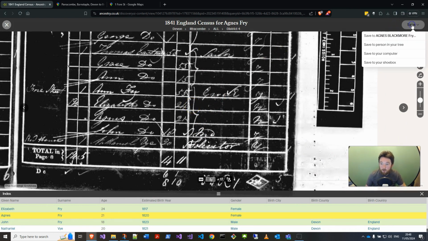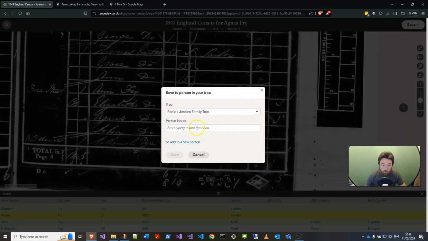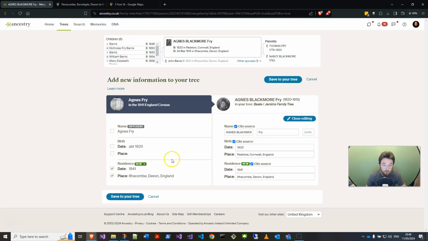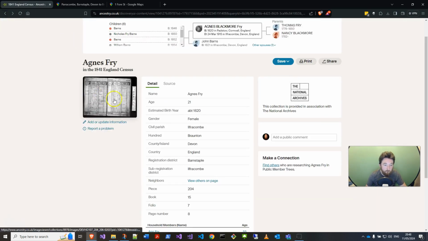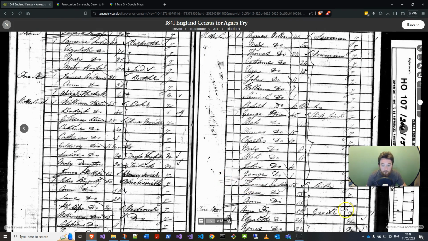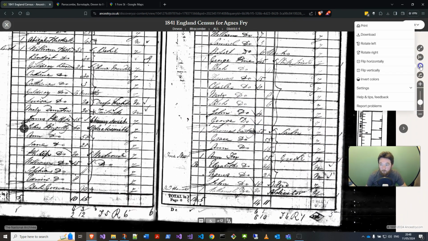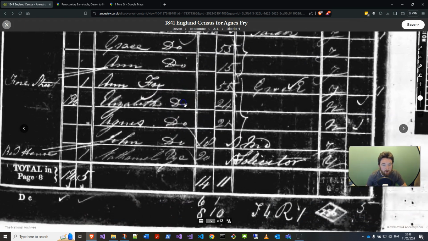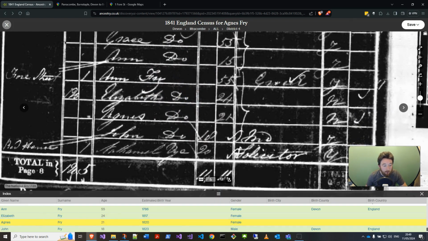Now, as always, let's make sure we save this to a person in my tree. And when I do that, Agnes Blackmore Fry, it should then bring in all the other people as well to add their information. Ah, interestingly, it hasn't. Okay, so let me go back. Instead, I'll do it this way. Let's go in. Right, we've reverted now. I'm going to invert the colours. Again, I hope you don't mind. I struggle with it the other way. And let me choose